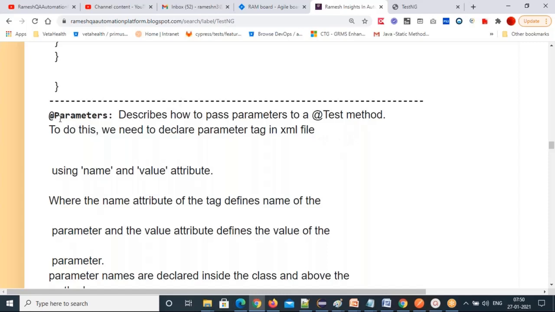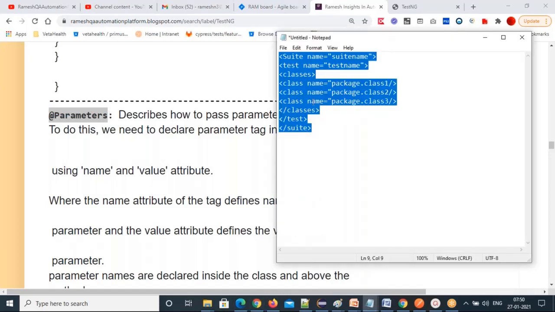With the @Parameters annotation, you specify the parameter names in your TestNG class. Above any annotation, you write @Parameters and inside parenthesis you mention your parameter names. Then below the annotation the method syntax will be there. After the method name, inside parenthesis, are the same parameter names you wrote, and those values we are going to supply from the XML file. From this file, how can you pass? That I'm going to explain.